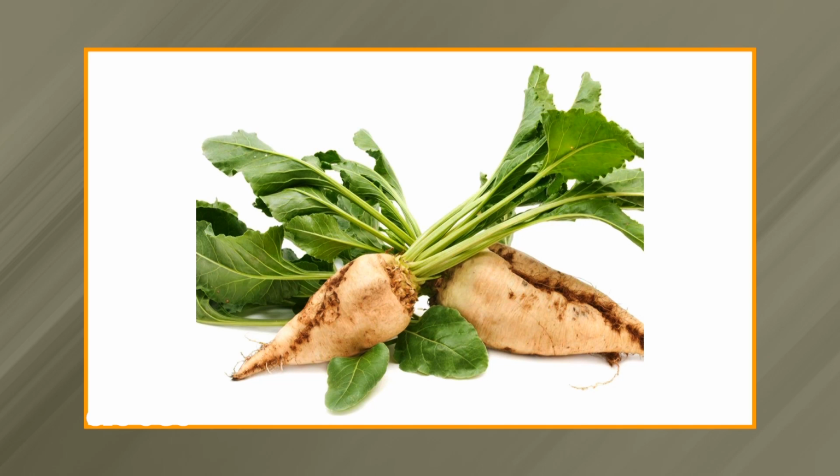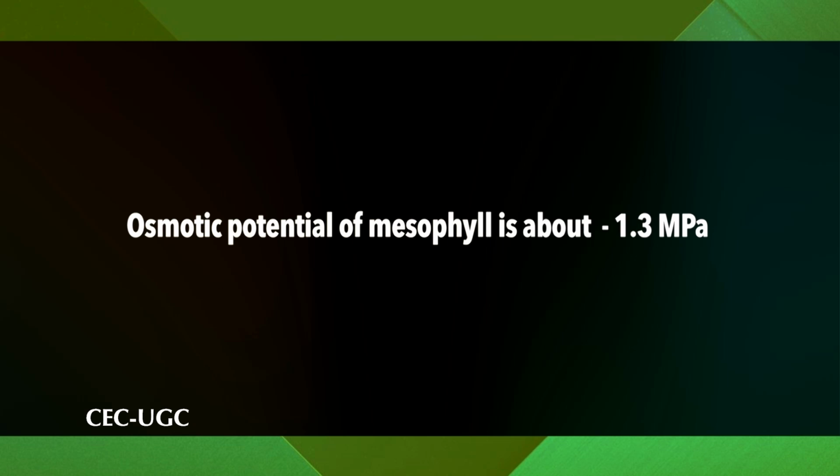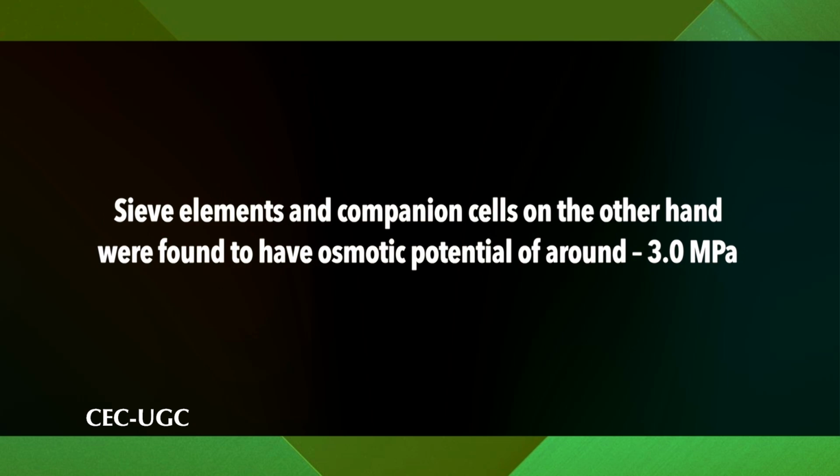For example, in sugar beet, the osmotic potential of the mesophyll is about minus 1.3 megapascals. Sieve elements and companion cells, on the other hand, were found to have osmotic potential of around minus 3 megapascals. The accumulated sugar in sieve elements has been found to be sucrose because it is the main transport sugar in